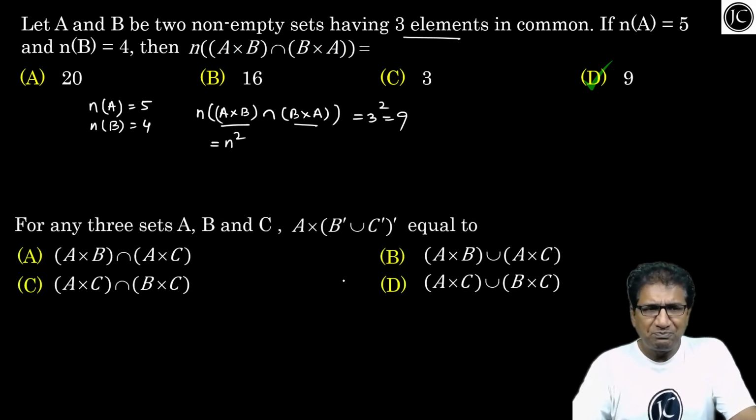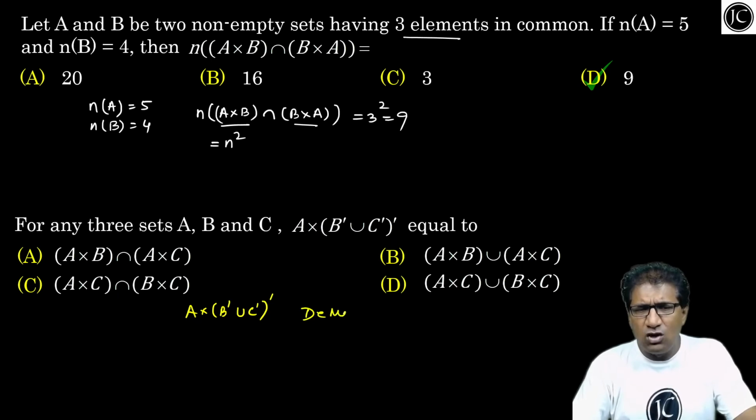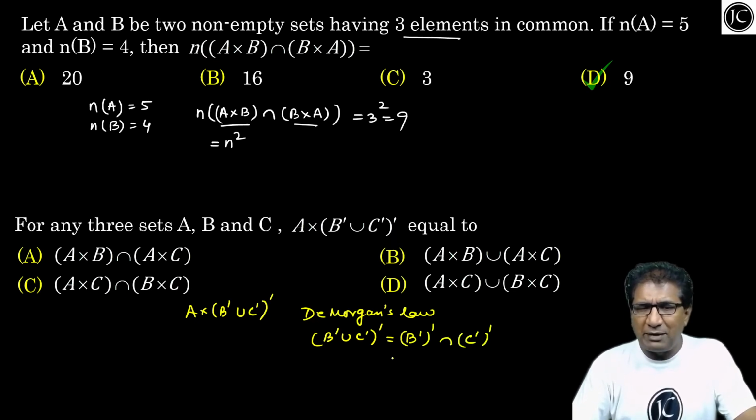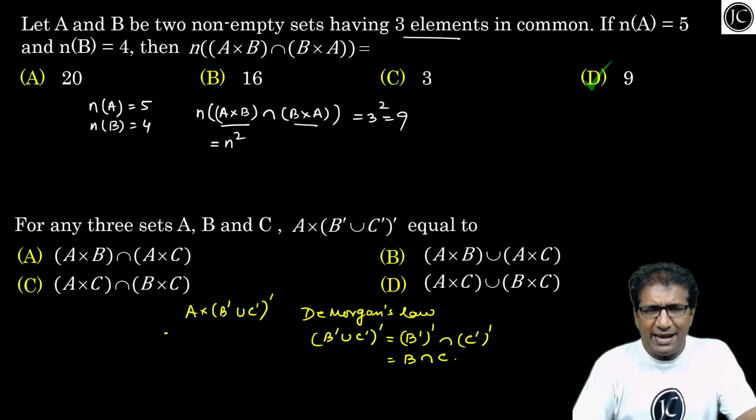देखो बच्चों, नेक्स्ट प्रॉब्लम यहां पर बोला है A क्रॉस (B कॉम्प्लीमेंट यूनियन C कॉम्प्लीमेंट) का होल कॉम्प्लीमेंट। बच्चों, हम लोग को डी मॉर्गन्स लॉ पता है। व्हाट इज डी मॉर्गन्स लॉ? इसमें क्या बोलते हैं, B कॉम्प्लीमेंट यूनियन C कॉम्प्लीमेंट का होल कॉम्प्लीमेंट विल बी इक्वल्स टू B कॉम्प्लीमेंट का कॉम्प्लीमेंट इंटरसेक्शन C कॉम्प्लीमेंट का कॉम्प्लीमेंट। मतलब क्या हुआ, B इंटरसेक्शन C।